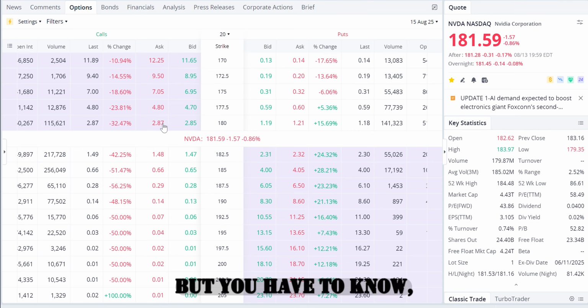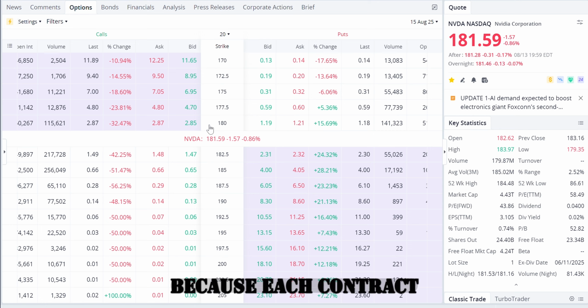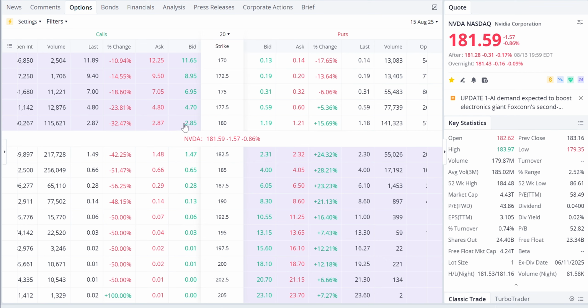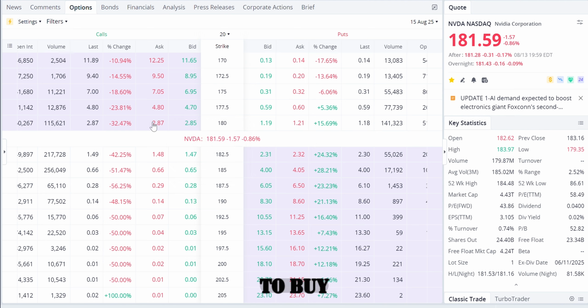But you have to know, you have to multiply any ask price and any bid price by 100. You have to multiply that price by 100 because each contract, right, a 180 call contract, that's what this is. Each contract allows the purchaser to have the right to buy 100 shares of that stock